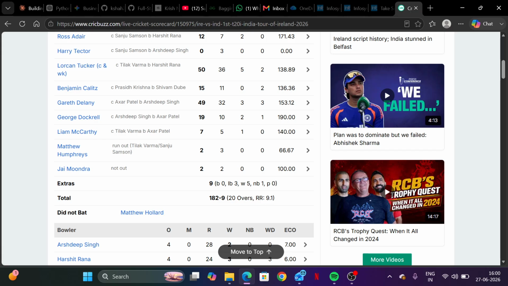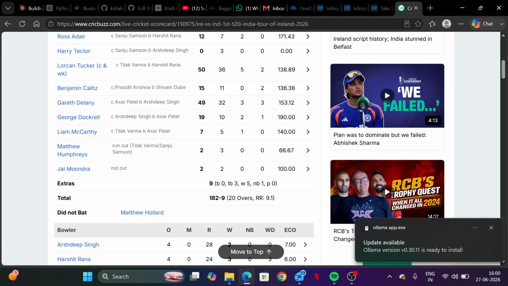Now, let's talk about the factor of the toss. The toss decision was sound cricketing logic, but it also meant India's batters faced this unfamiliar condition chasing under pressure in the back half of the day, rather than in a calmer first-innings batting condition. That timing detail matters more than most previews are giving it credit for. Like, what does this line mean? Like, what am I trying to say?